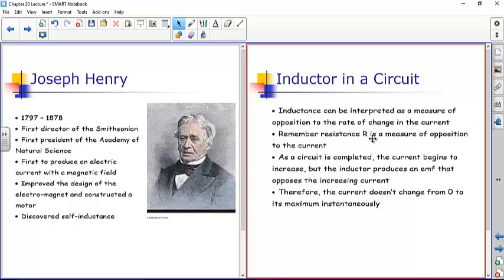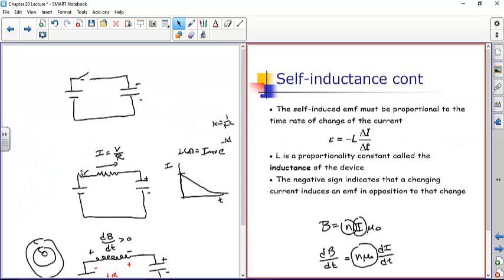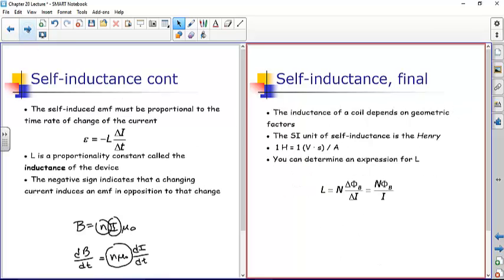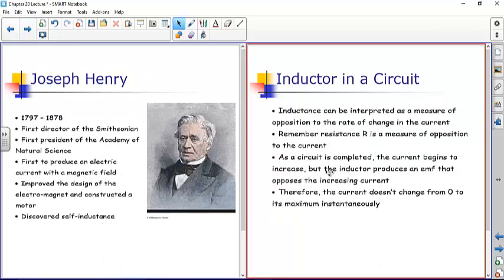Remember, the resistance R is a measure of opposition to current, whereas inductance is a measure of opposition to rate of change of current. As a circuit is completed, the current begins to increase, but the inductor produces an EMF that opposes the increasing current. So what the inductor does, going back to my previous discussion, is this: when I didn't have an inductor in the circuit, I went from zero current to the maximum current instantaneously. What the inductor does is it